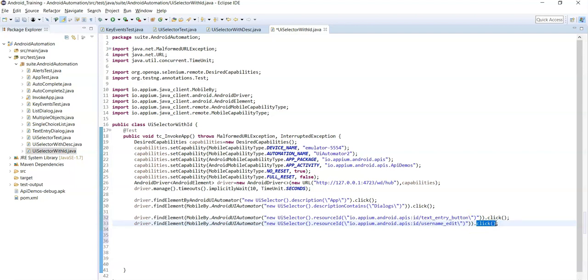So for that you need to call the sendKeys method and enter some data, some test user. Now let's use resourceIdMatches to enter the password.